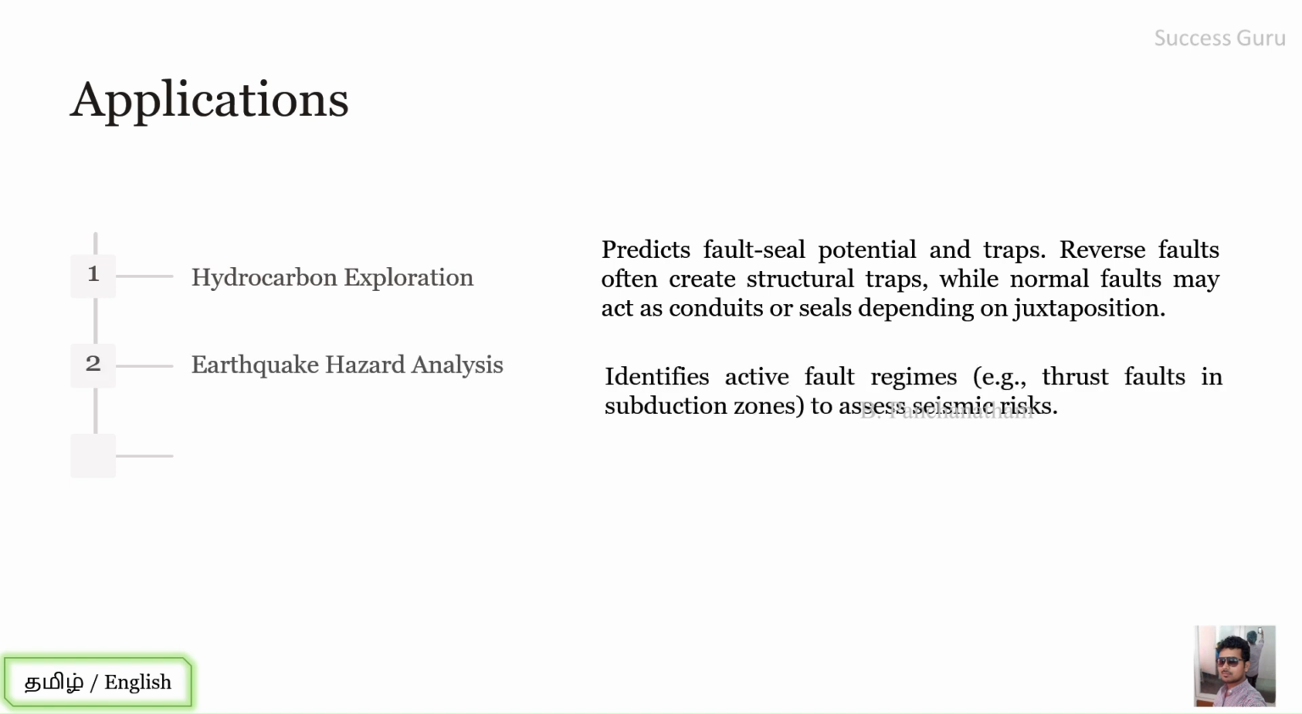The second application is earthquake hazard analysis, that is, identifying active fault regimes to assess the seismic risk, like thrust faulting or subduction zone. The kind of fault that is related to the kind of tectonic setup could help us to understand the depth at which an earthquake could form. Not only that, we can also try to expect, or fix some limit for, the magnitude